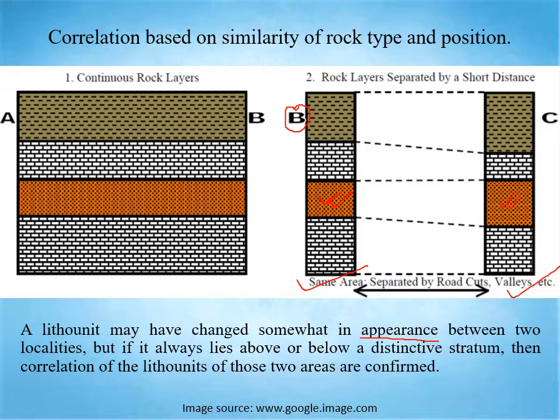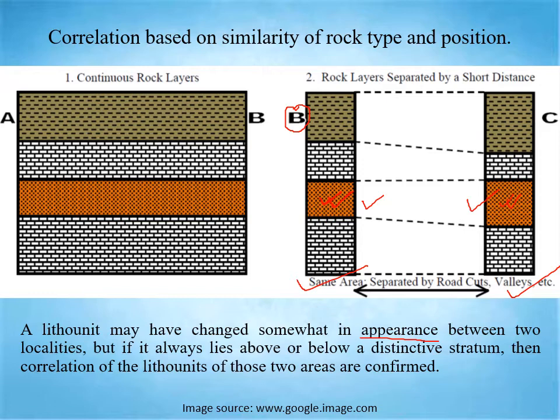Now here you can see that on the basis of lithology, if we try to match the lithology, this one is exactly the same as this one. And if we look at the stratigraphic position, that means the appearance of this particular strata with respect to its upper and lower units, we can see in column B this orange sandstone occurs above the limestone unit and below a limestone unit, whereas in column C we also find that this orange sandstone occurs above this limestone and